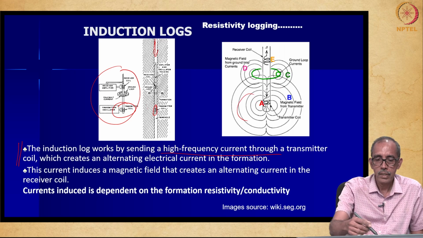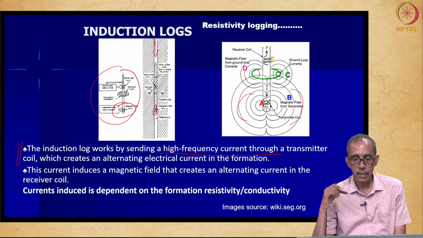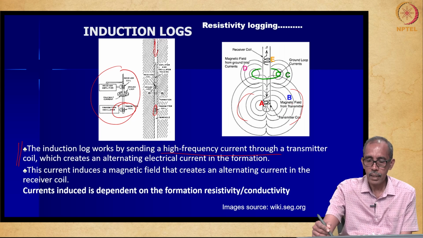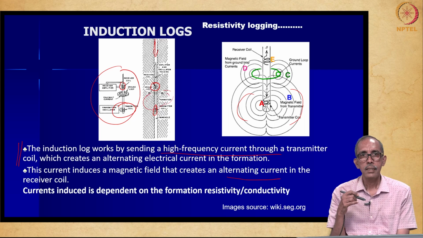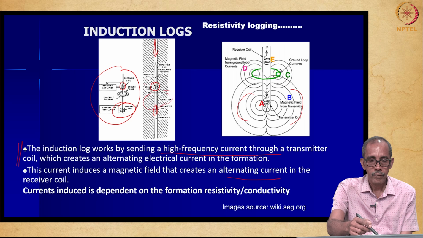This transmitter, which is at the bottom, transmits current, which generates a magnetic field or magnetic induction. The generated magnetic induction creates a current in the receiver coil. So, the receiver coil is kept at the top. This is a receiver coil. This is the region which got energized. This in turn produces some electrical current in the receiver